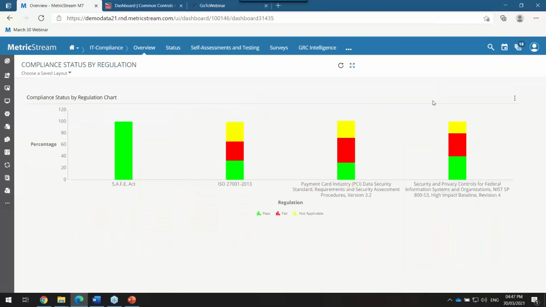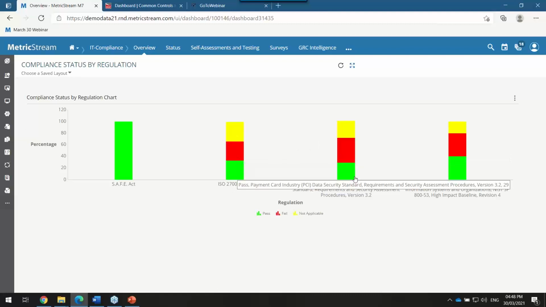So let me quickly open that. Yes, if you look at this report, this is the end result, I would say. Once you've got the content into MetricStream and then enriched it with different relationships, and further conducted some control tests, taken up some surveys and certifications, ultimately this is your end result to really say where you as a company stand for a given regulation. For ISO, I do have 33 controls which have passed, 33 controls which have failed, and 33 which are not applicable, which means I have not tested that in the last given quarter.